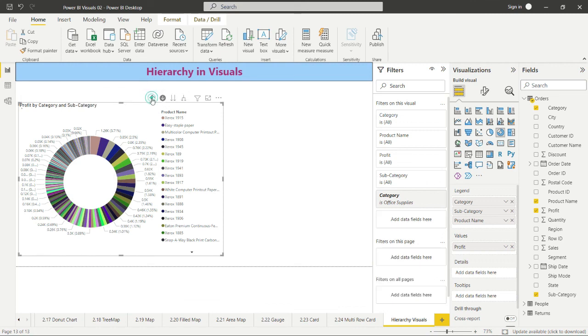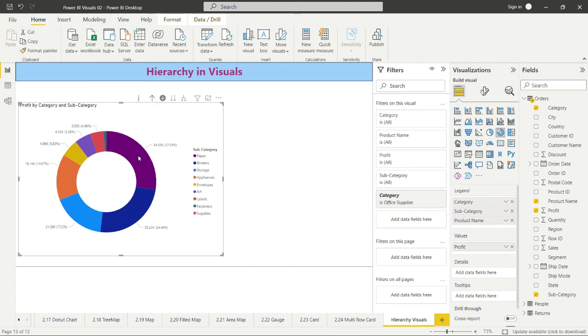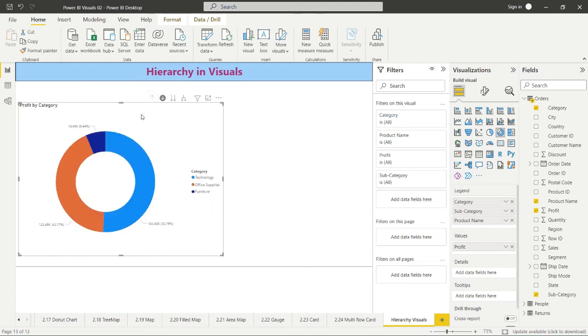So again drill up, coming back into the category and subcategory. Now drill up, again it's showing all the category name here. So there are some visual like the stack column chart, this is line chart, donut chart, pie chart and tree map. They have the drill